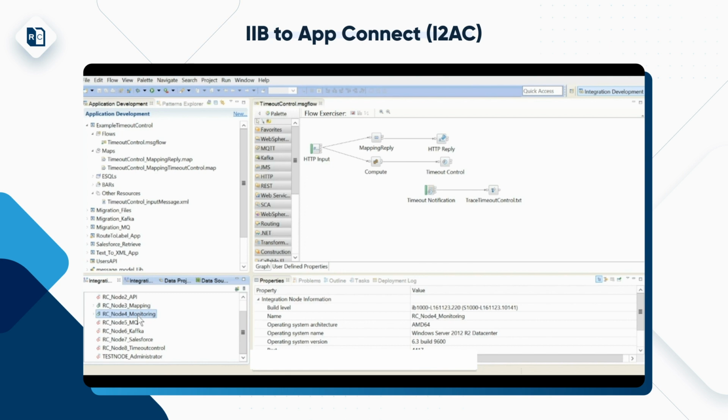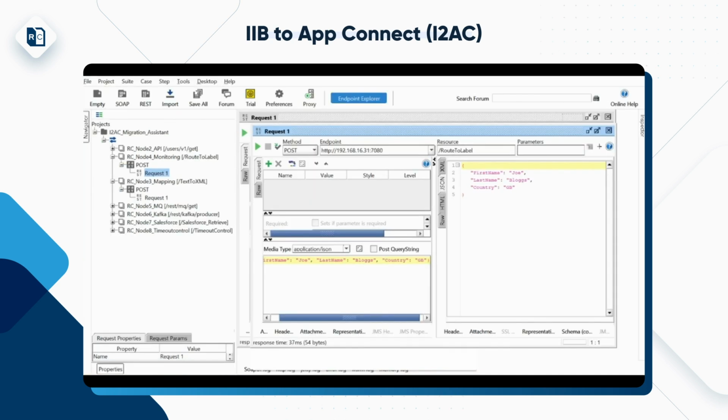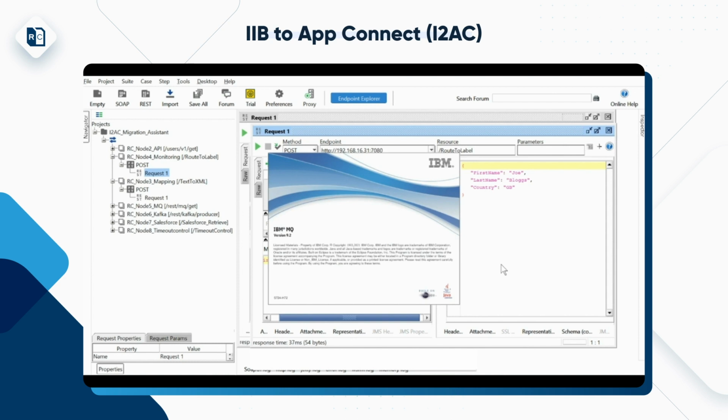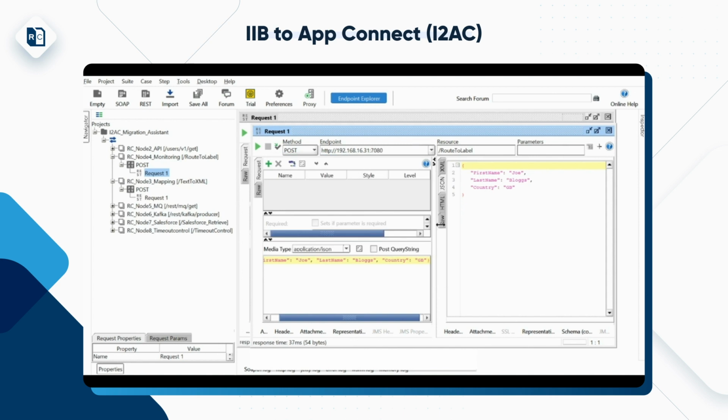In this node, what we're trying to show is that from all the different applications we will receive an event. That event will be captured and posted into the MQ queue. I have MQ here, let me show you. In that MQ, I have the queue to which all these messages are being sent. So this is what we have.